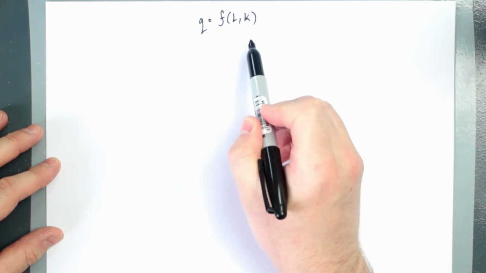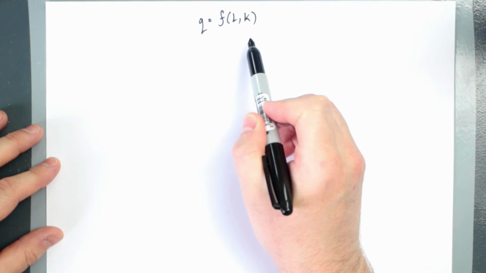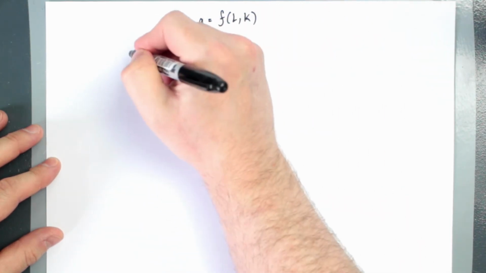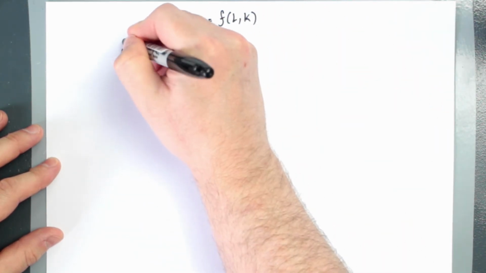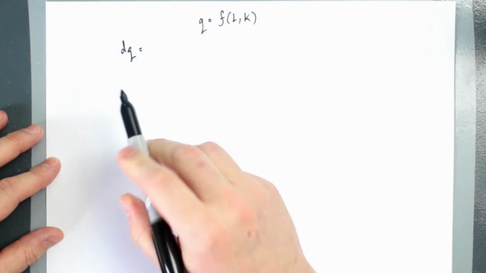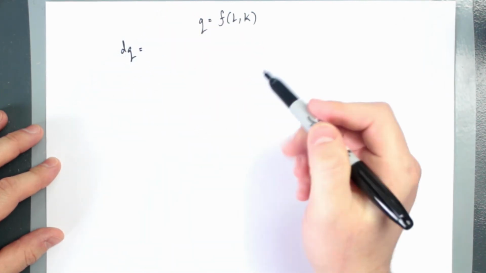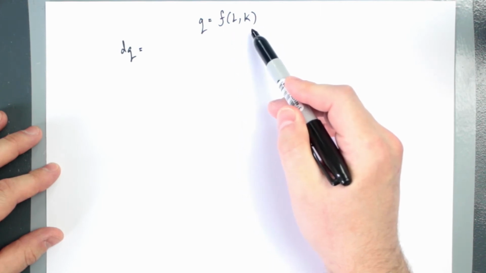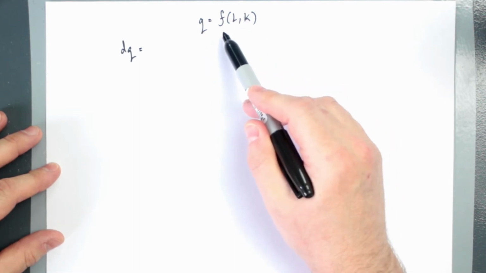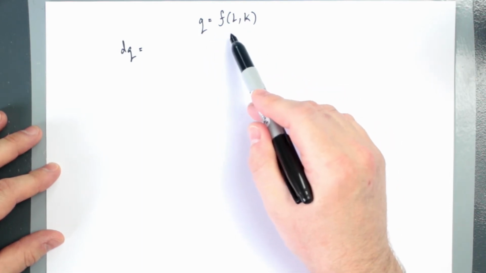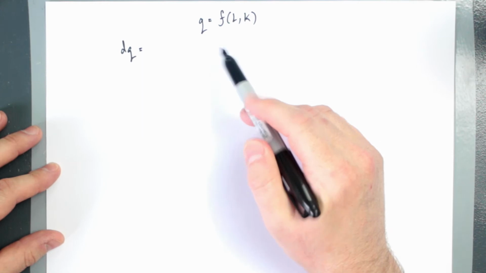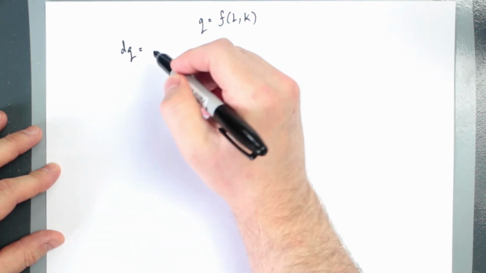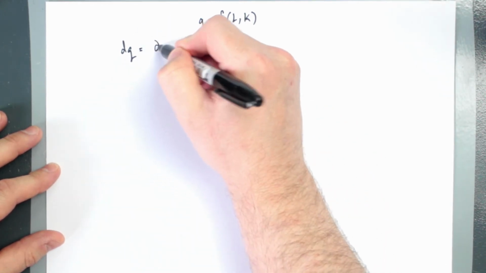Okay, so let's take the total differential of this. So we've seen this before. We're essentially saying, and this is quite intuitive, the change in output, well, output can be changed by two things. It changes when we change labour, and it changes because we change capital. And each of these changes are taking effect through the production function. So this change in output